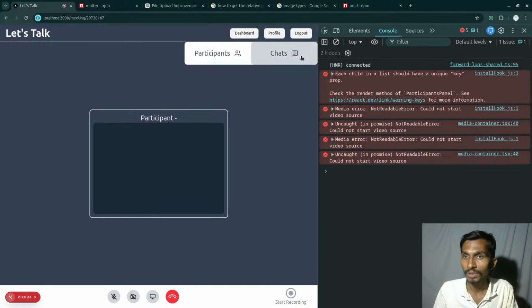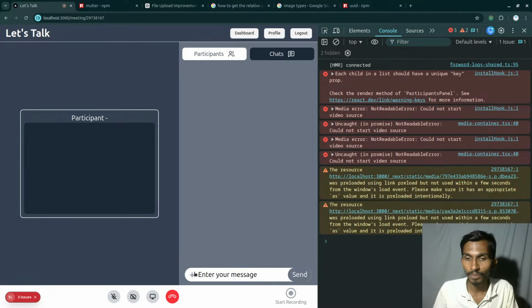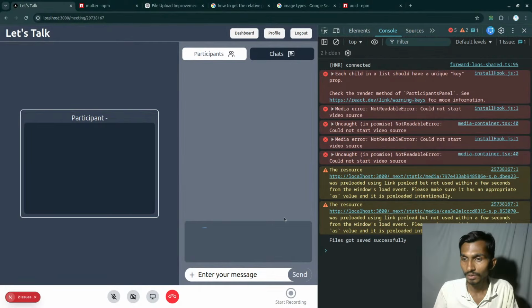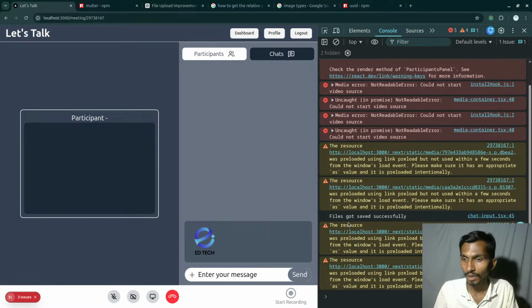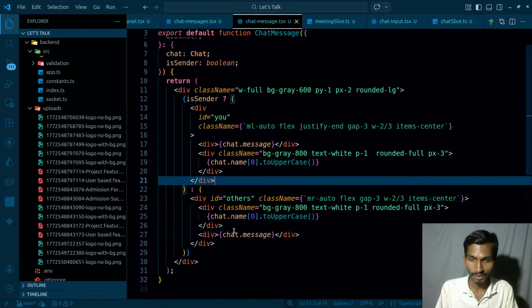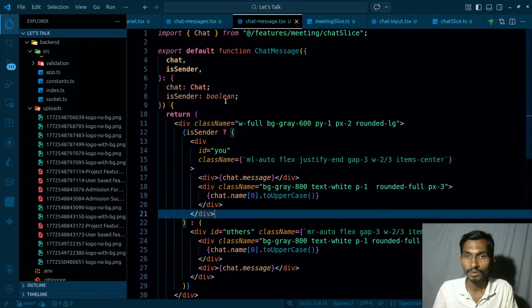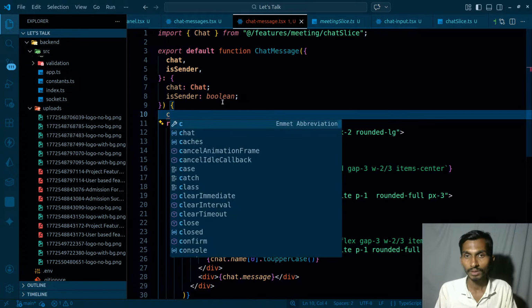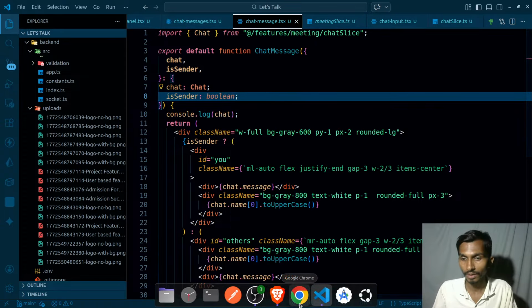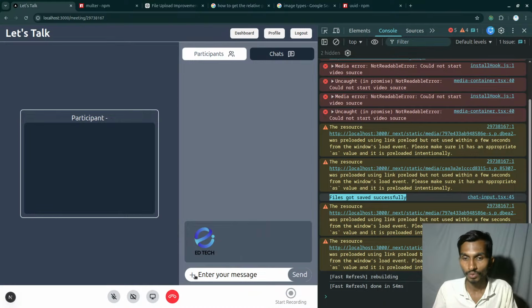Okay, I'm going to be uploading the image so that I can actually get the path URL for that, and then I will be testing how I can show that. So once this is done, file got saved successfully. And how about the URL? Files got saved successfully, but I'm not getting the URL. I'm not rendering that. So if I just simply console log render the chat over here, that simply means I'm rendering the URL. That's right. So if I just do it one more time,